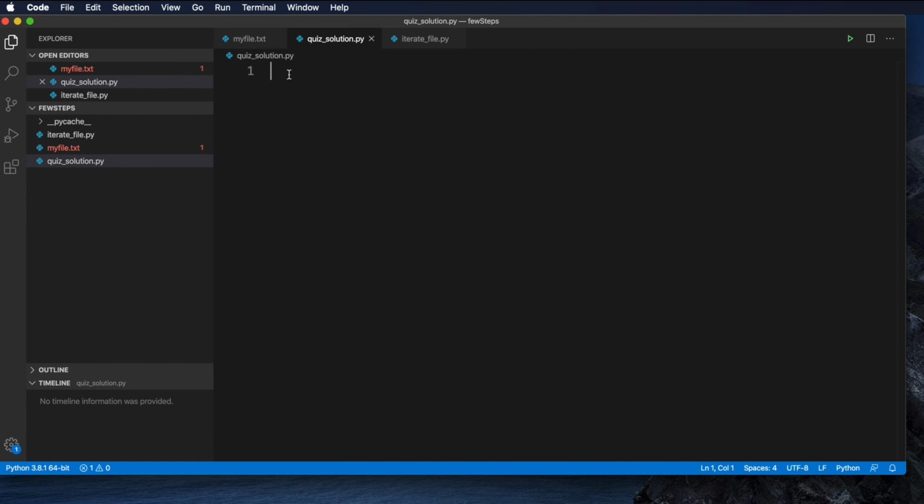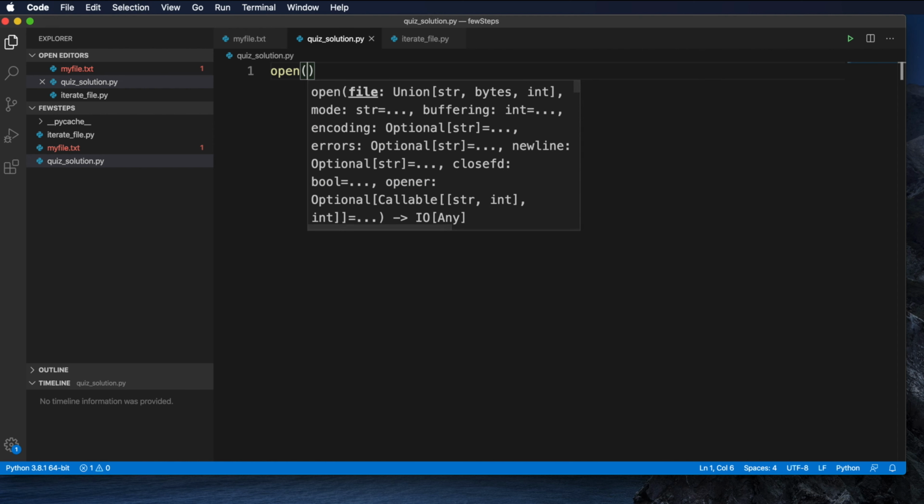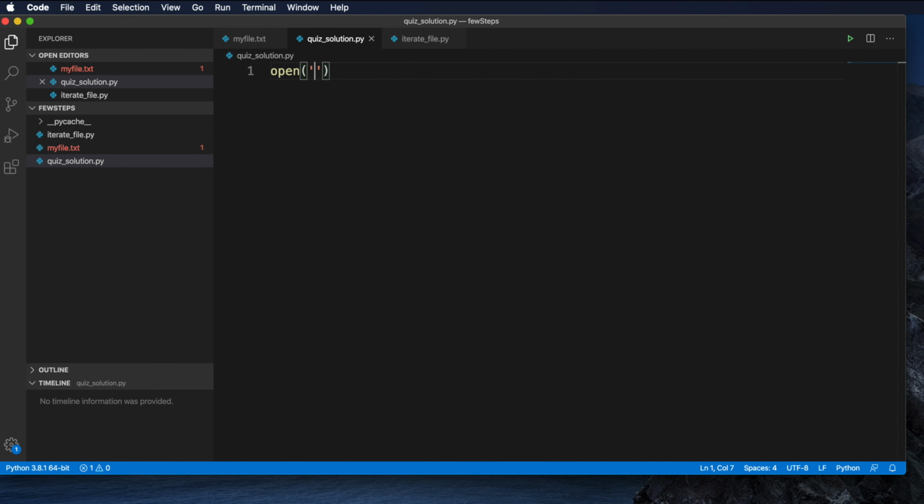So we can use the open method to open the file or to create the file, whatever you wish. Then suppose the file name is mynewfile.txt. Suppose this is my new file name. Okay, then we have to